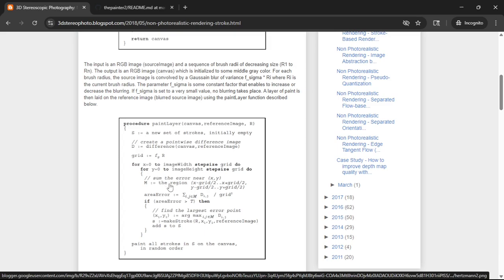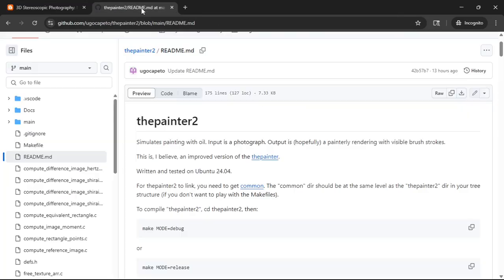And then for each grid cell, it's basically choosing a color. And then if the error is greater than the threshold, it's going to make a brush stroke. In my code, it's not called make stroke, it's called make brush stroke. And there's also a paint brush stroke. Okay, so now let's go into the repo and look at that help file or readme file,